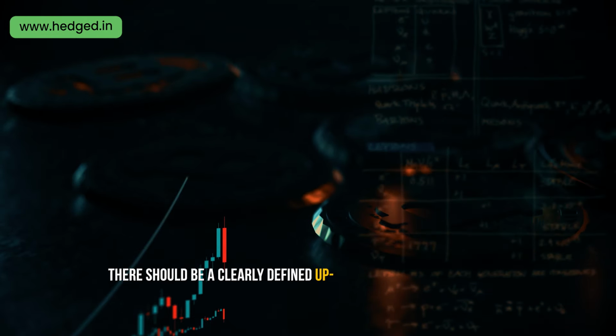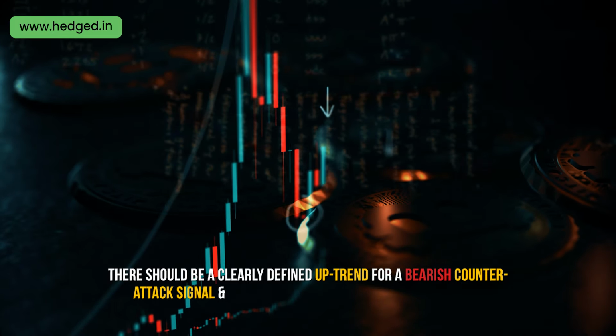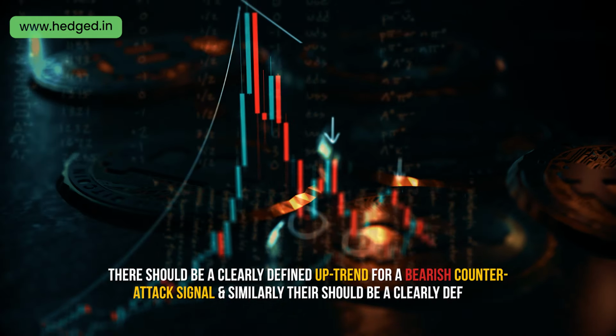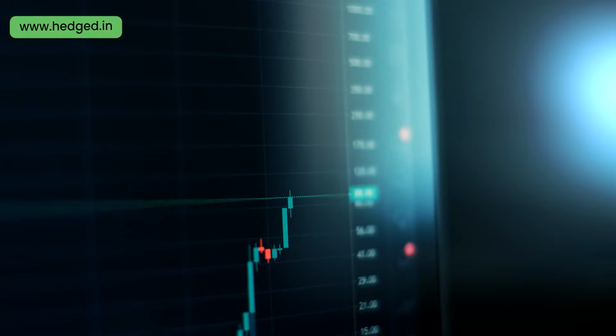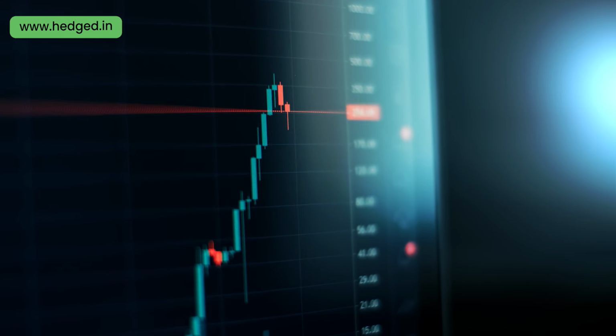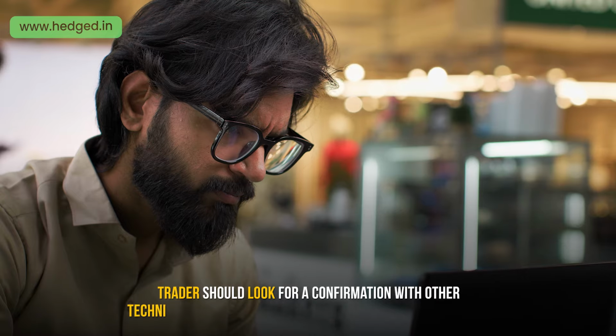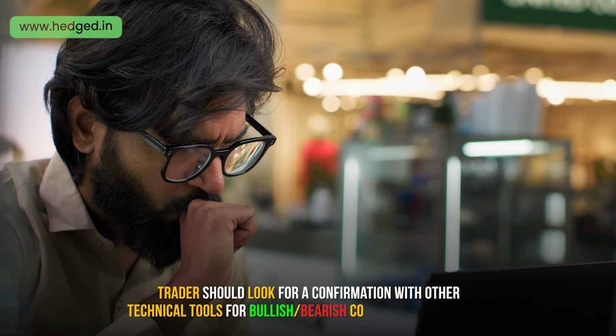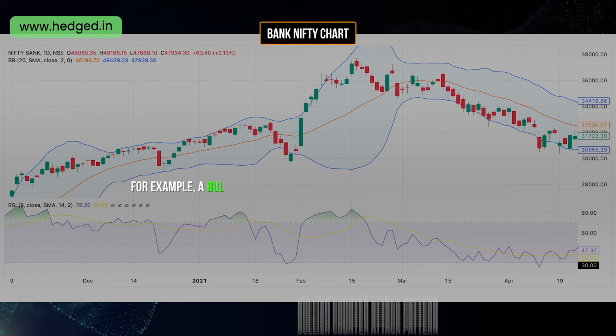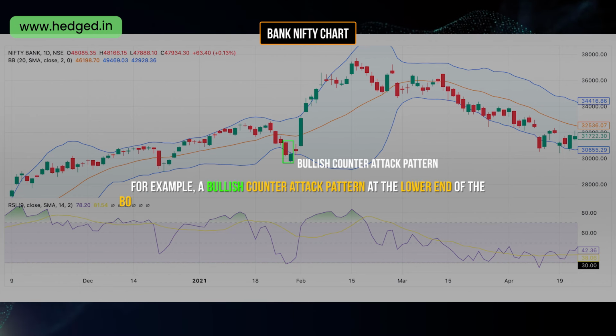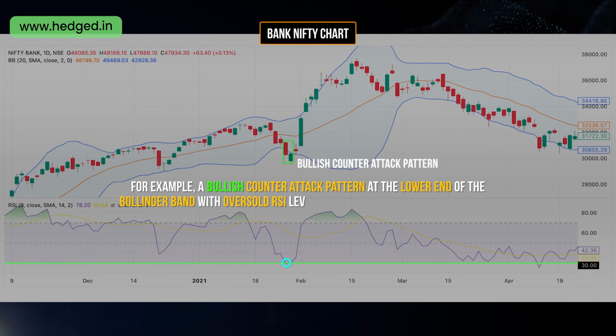So how do we trade these counterattack signals? Let's understand. Number one, there should be a clearly defined uptrend for a bearish counterattack signal, and similarly, there should be a clearly defined downtrend for a bullish counterattack signal. Number two, preferably, these candles should be wide range candles, which shows that the bears or bulls are firmly in control. Number three, traders should also look for a confirmation with other technical tools to identify bullish and bearish counterattack signals. For example, a bullish counterattack pattern at the lower end of the Bollinger Band with oversold RSI levels would signal